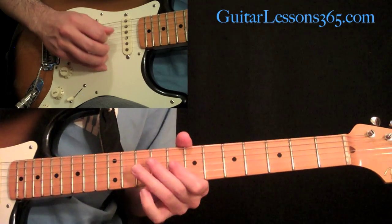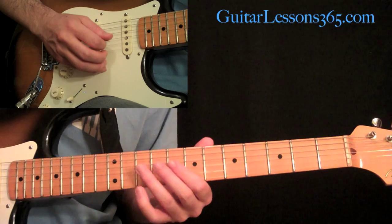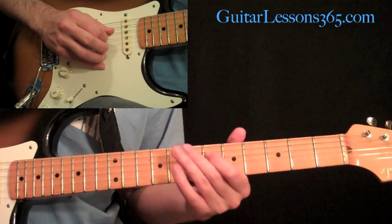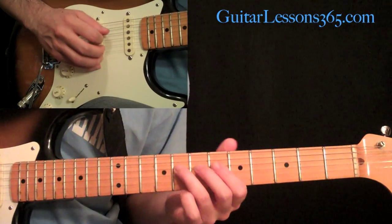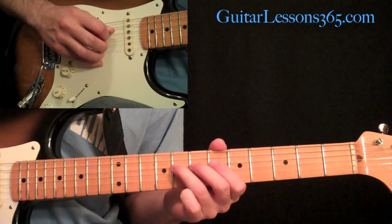Then we have 8, 6, then 8, 6 on the G, then the D string. Shift down to the 6th fret on the D. Then we're going to do some quick legatos here. We're going to go 8, 6, 8, 6 on the D, pull off 8, 6 on the D, then 8,